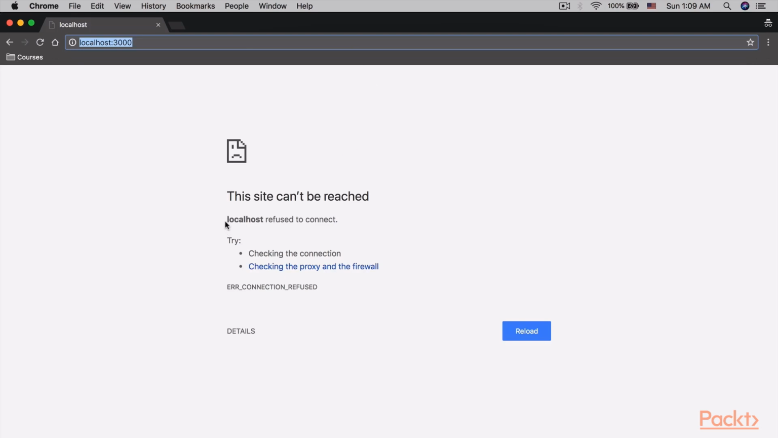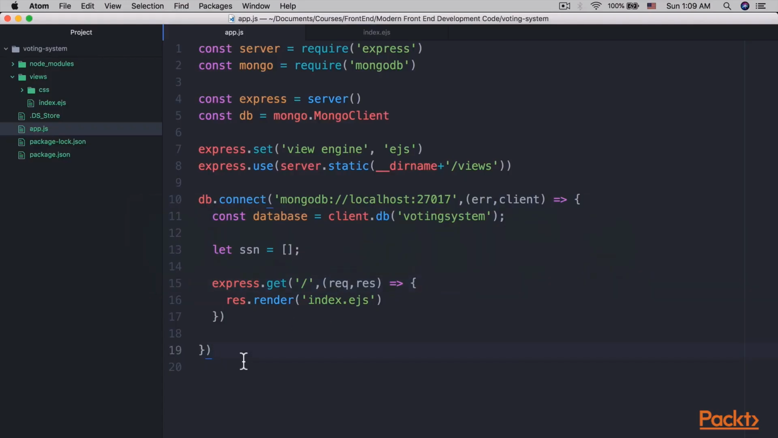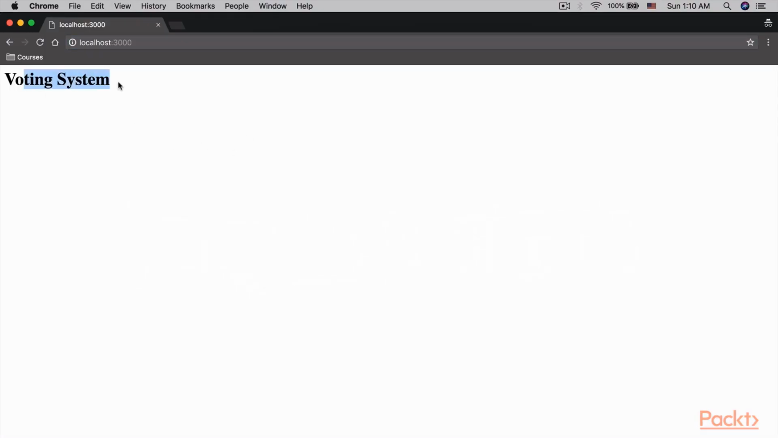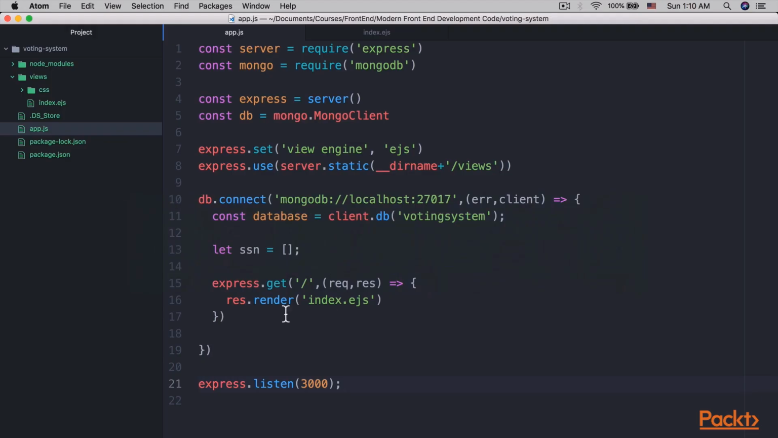We totally forgot to actually listen. So here we're going to add in express.listen and then 3000. There we go. All right, let's save that. Terminal. Okay, perfect. Google Chrome, refresh, and there we go. So now we get voting system. Things working correctly. All right, so now that we've done that, we can actually go ahead and create our vote